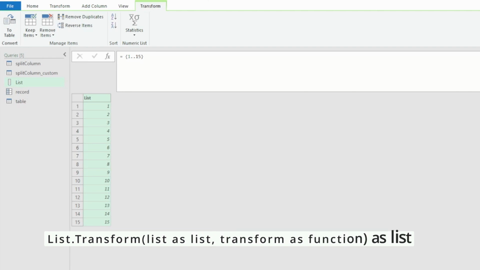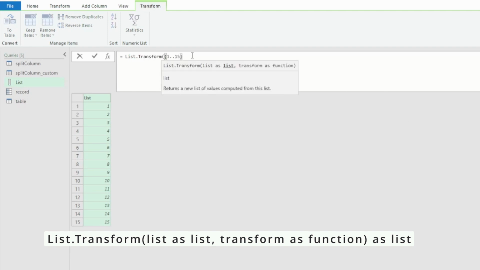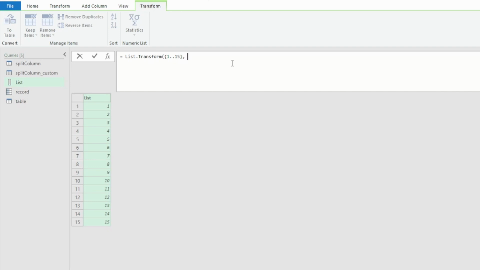Now let's enclose this with List.Transform and then combine with each of the values. So let's call it List.Transform, open round parentheses. The first value it accepts is a list, so we give in the list, and then we use transform as function. Alright, so what we want to do is come up with something like column 1, column 2, column 3. So we need to add each here, and then we concatenate a specific value.